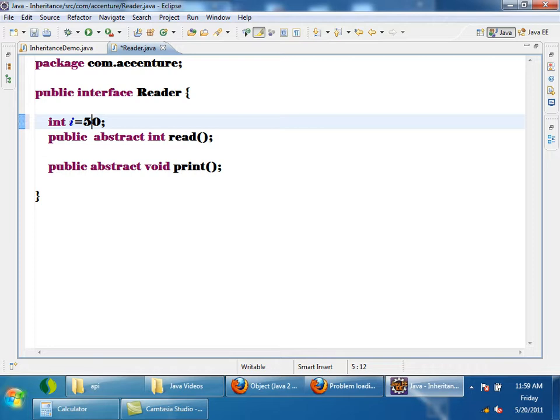Without creating an object, if you want to access a variable, what should you do? You have to make it static. So by default, whether you declare it or not, it is static. And here it has to be public. If it is private, it cannot be visible outside. It has to be public, otherwise it is of no use. So a variable inside an interface is by default public, static, and also final. By default it is these three: public, static, and final. Even if I remove these, it is by default public static final.